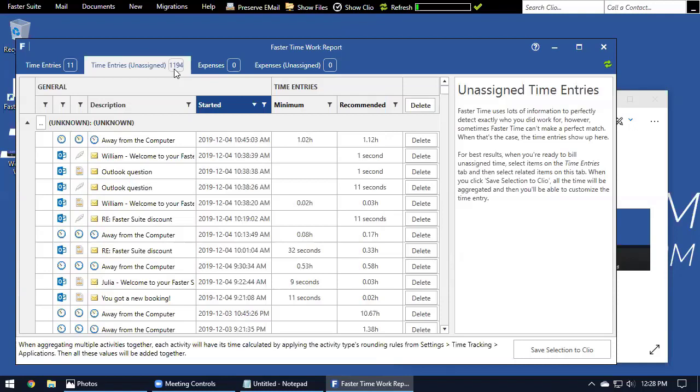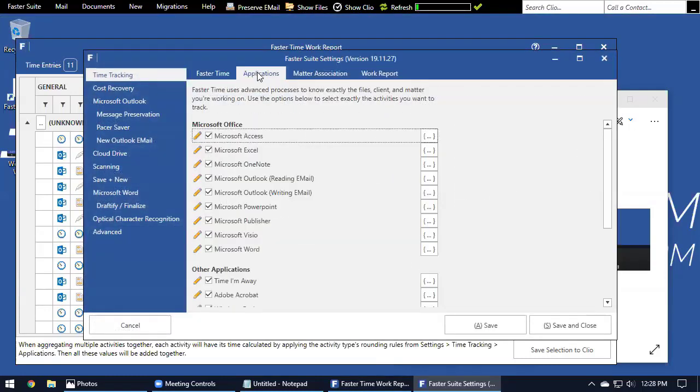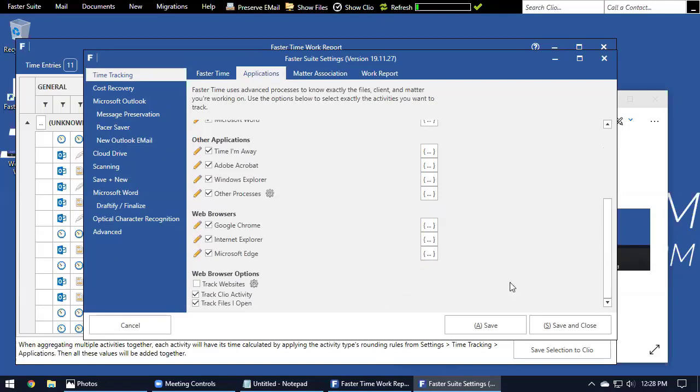One example I'll give of when this could get really cluttered is if we are to turn on specific URL tracking as an application here. So by default, Faster Time does not track individual websites that you go to, but we do have the ability to turn that on. And if we do, what it's going to do is create an entry literally for every single URL that you visit. So every time you go to a different page, it's going to create a new entry in Faster Time. Not really that useful if